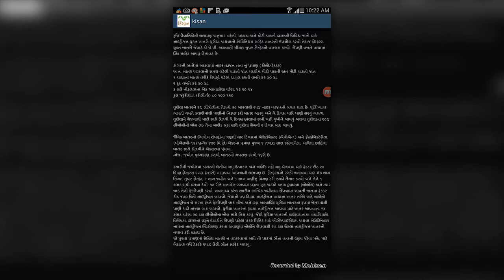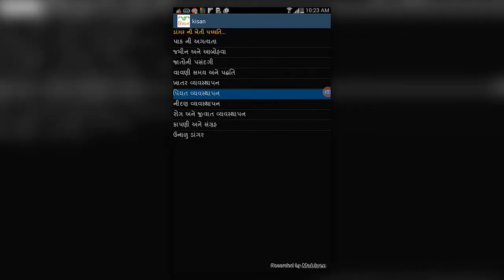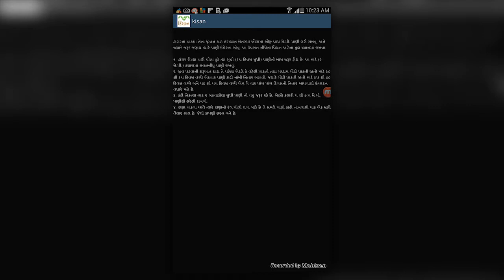Now we'll go with the fertilizer management. The biggest query that farmers are right now facing is how much over excessive use of fertilizer into the fields. Now this contains the scientifically proven and scientifically researched how much amount of what kind of fertilizer and what kind of elements actually you require for growing the paddy cultivation, that is being everything is available into the native language Gujarati. So you will have everything is available here.